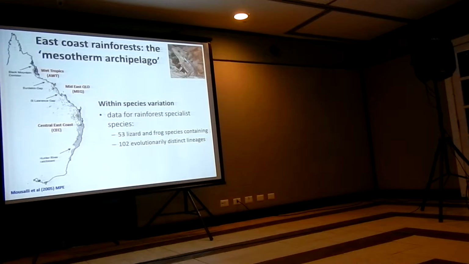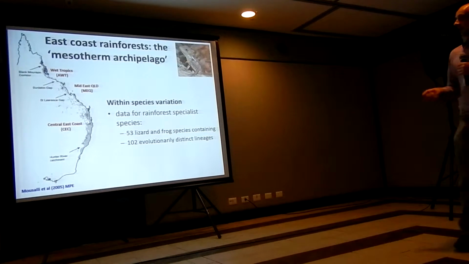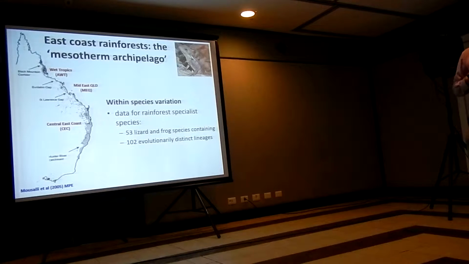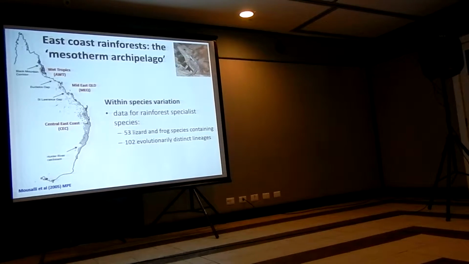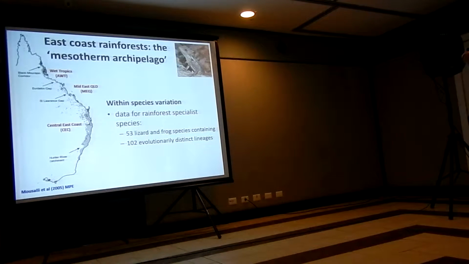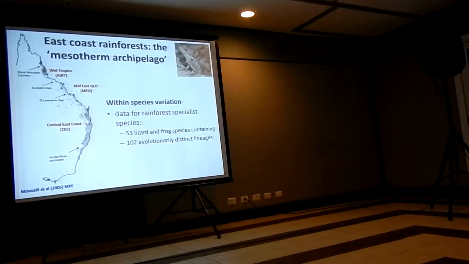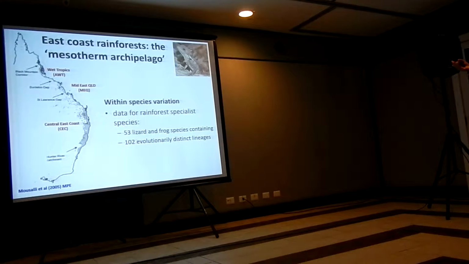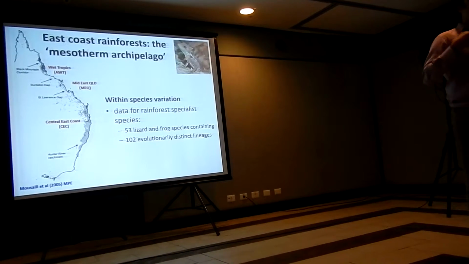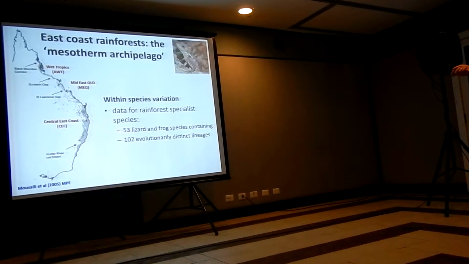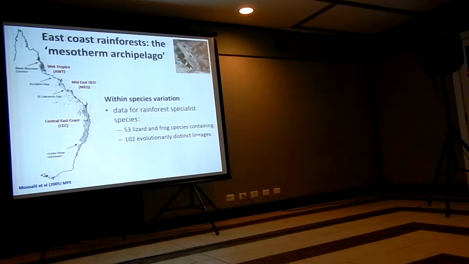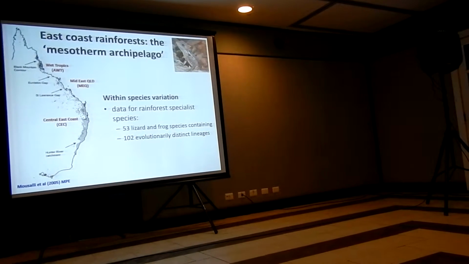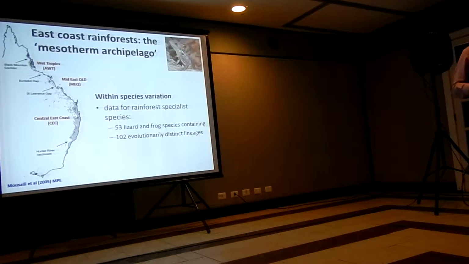And the actual system within the rainforest that we're looking at are a number of species of frogs and lizards that are endemic to the rainforest. So they only occur in rainforest, and therefore the envelope of the rainforest also determines the maximum limits of their distribution. And what we were able to do was find that out of the almost 100 species that are restricted in this way to the rainforest, phylogeographic studies have been done for 53 of those species, and we were able to collect a range of published and unpublished data which identified evolutionarily distinct lineages, generally from mitochondrial DNA, with locations where each of those lineages has been recorded.